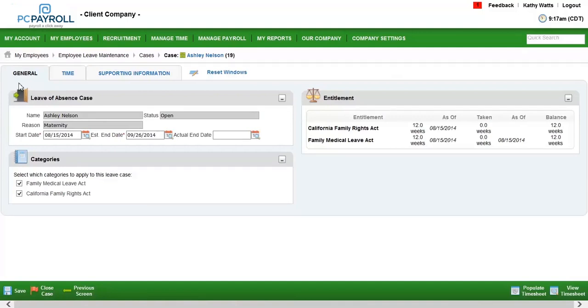And I also want to point out that you can have more than one leave category going concurrently. So as you can see here, Ashley's maternity leave will count towards both her FMLA as well as her CIFRA. Their entitlement allows for the tracking of what their current leave balance is and how many hours are remaining. We will take a look at how this will come into play after we've generated the time for this leave